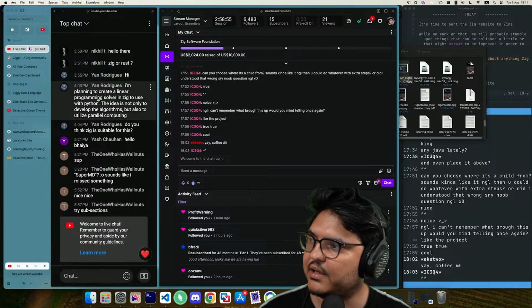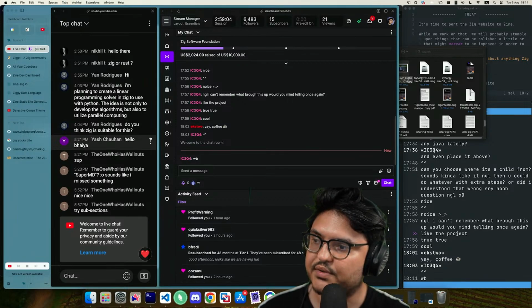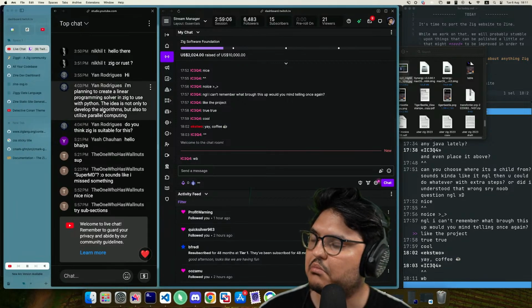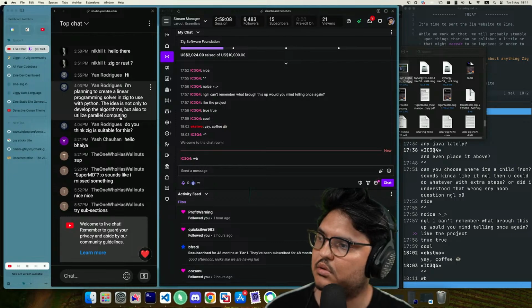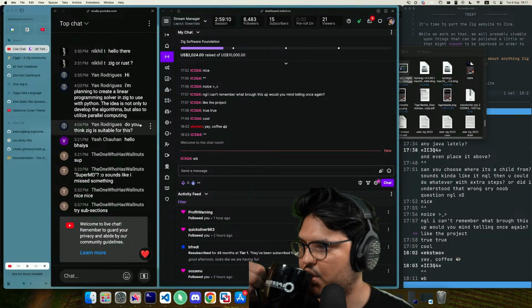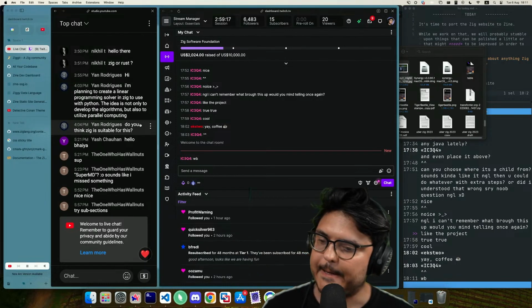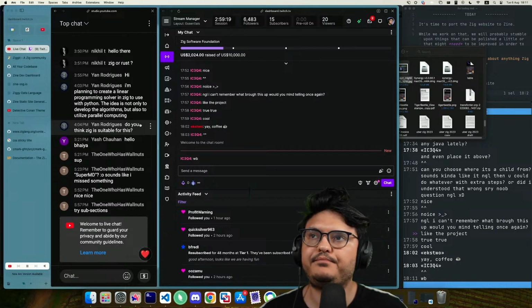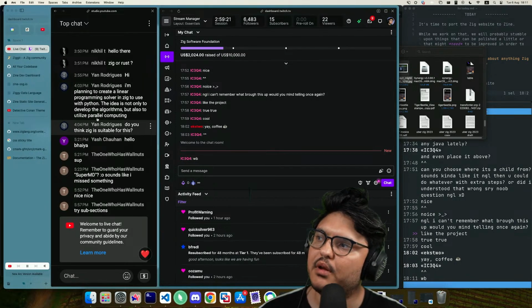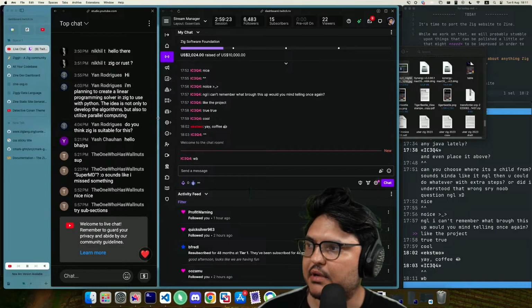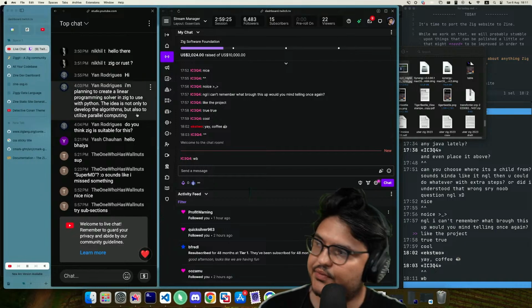I'm planning to create a linear programming solver in Zig to use with Python. The idea is not only to develop the algorithms, but also to utilize parallel computing. Do you think Zig is suitable for this? Good question. I guess as a general concept, yes, for sure.